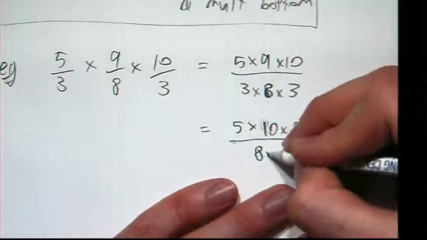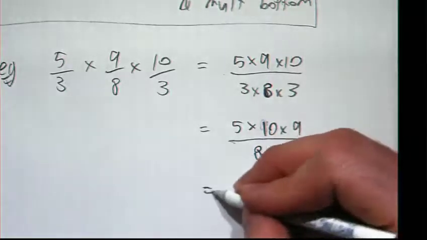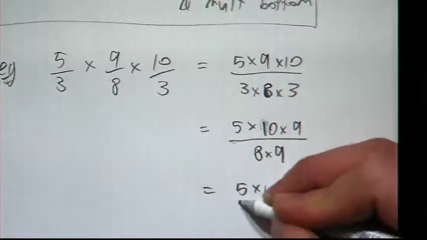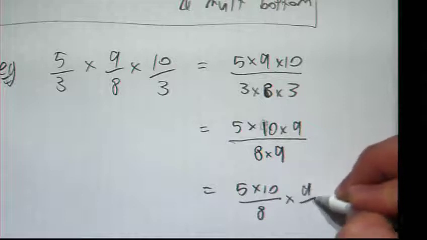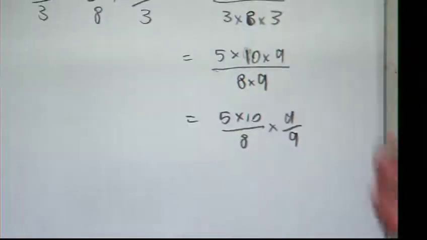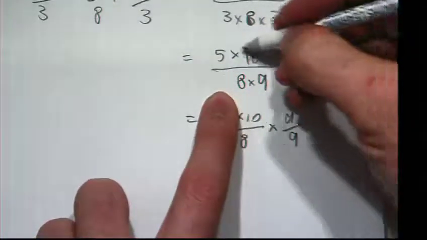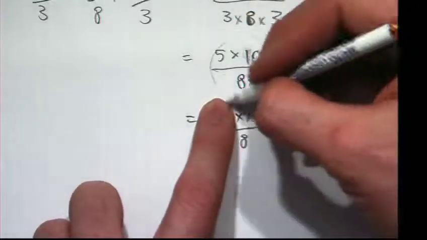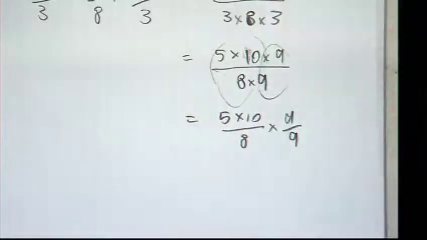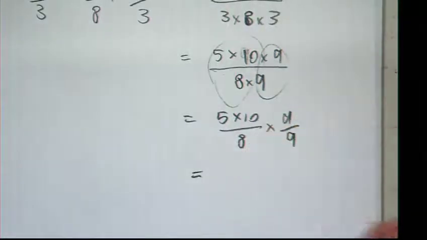Look, 3 times 3 is 9. And I can separate it out again, you know, 5 times 10 over 8, that one and that one. Since it's all multiplication anyway, I can separate it into 2 fractions. And 9 over 9 is really 1. So I can move things around and switch things up and do any number of things and not change the answer. The reason why this is so important is that when we get to algebra,